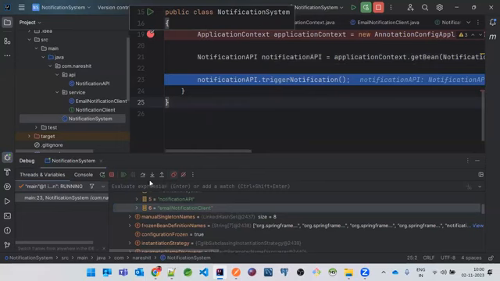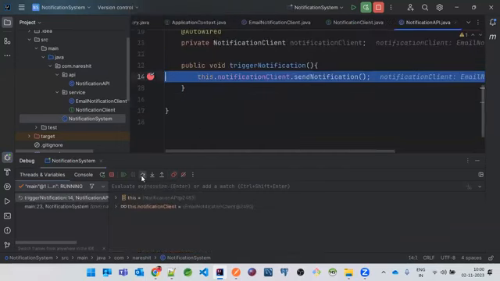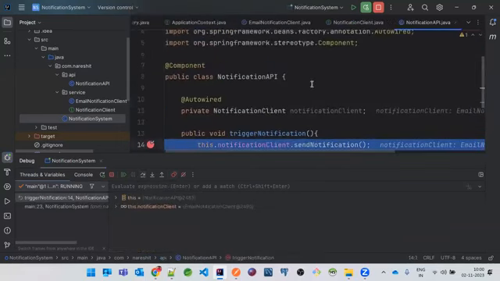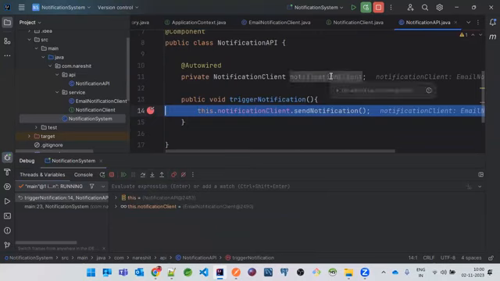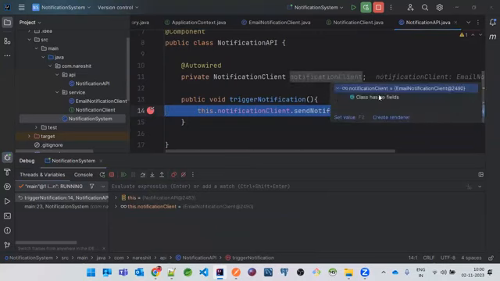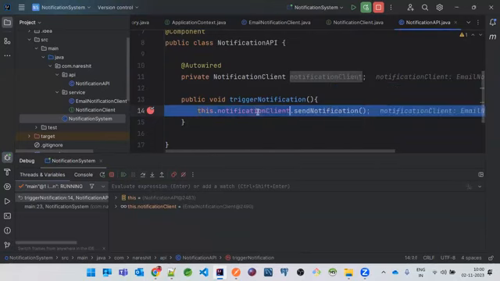Now, with that address, I just wanted to call this trigger notification. Now, if you see that notification client is already there as part of the email notification client, that means this object is already created before starting the application. Now, with that application reference, notification client itself has email notification client as an object, because that we have